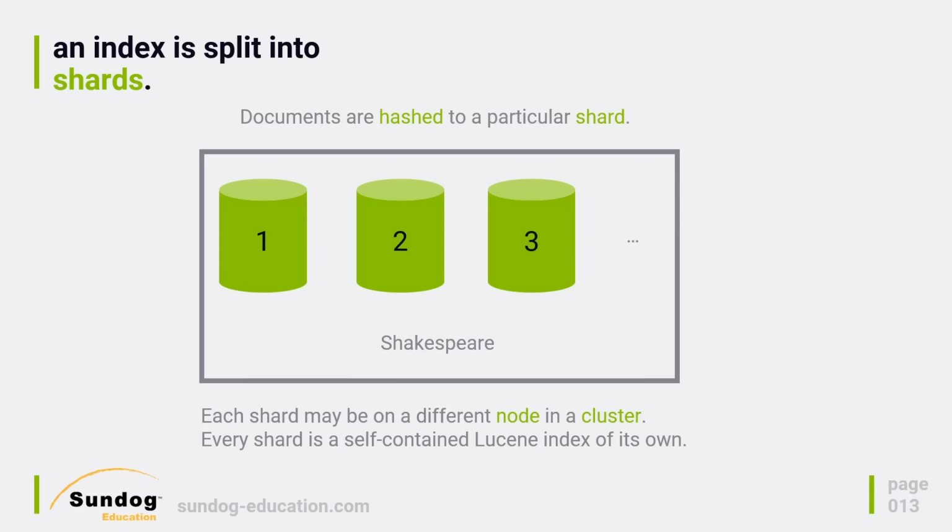So the way it works is once you actually talk to a given server on your cluster for Elasticsearch, once it figures out what document you're actually interested in, it can hash that to a particular shard ID. So we'll have some mathematical function that can very quickly figure out which shard owns a given document, and then it can redirect you to the appropriate shard on your cluster very quickly. So that's the basic idea. We just distribute our index among very many different shards, and a different shard can live on different computers within your cluster.